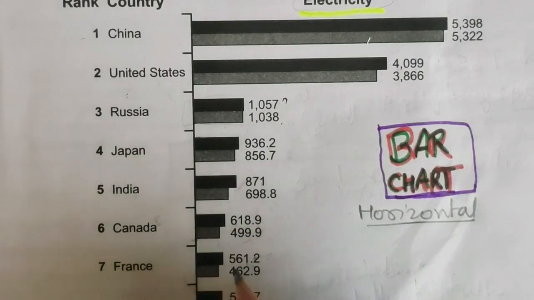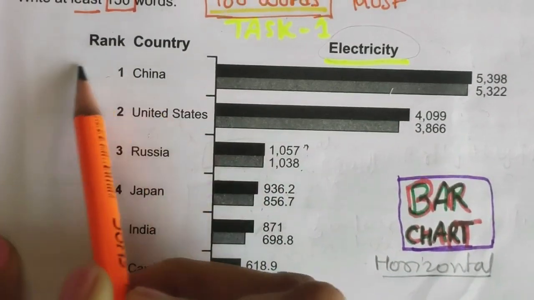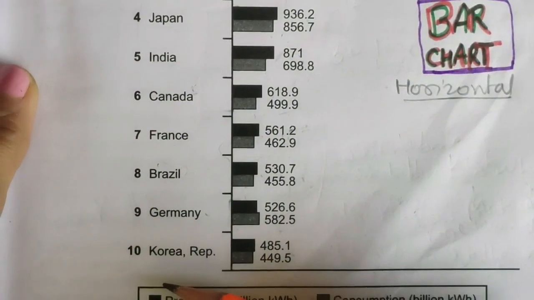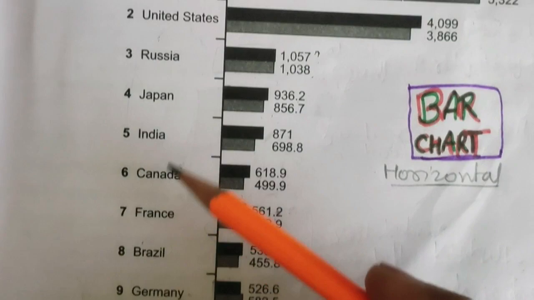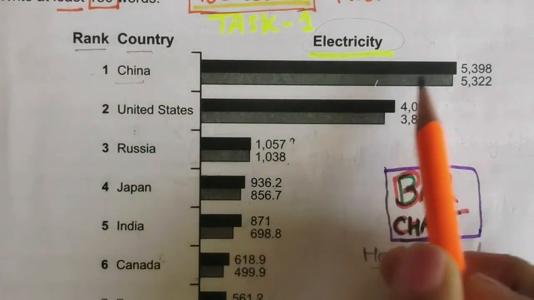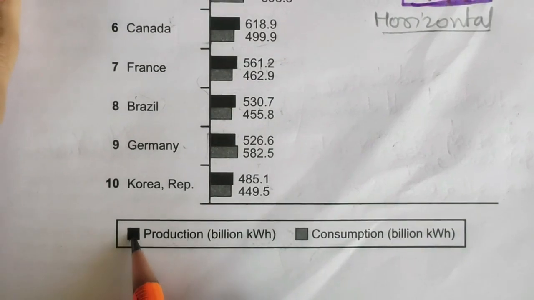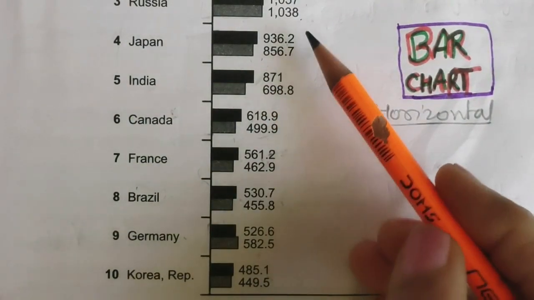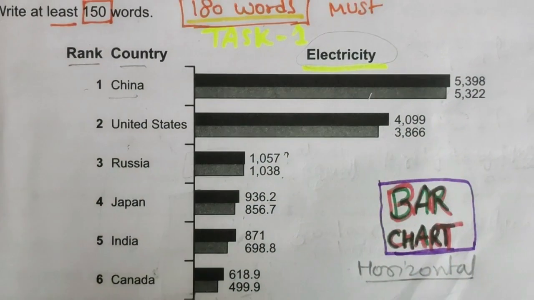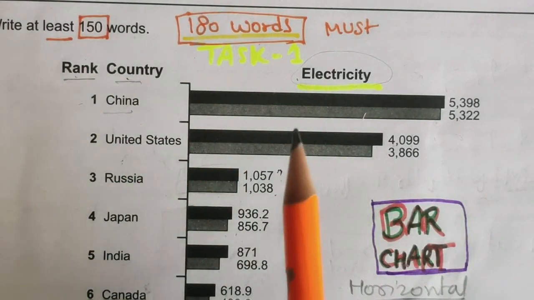ठीक है। ये वर्टिकल नहीं है, वर्टिकल होता है ऐसे ऐसे बार ग्राफ होंगे, ठीक है। सो अभी हमने देखा इसमें ये लिखा है, यहाँ पे क्या लिखा है, रैंक लिखा है, कंट्री का नेम लिखा है। सो दे हैव गिवन 10 कंट्रीज के नेम, okay, they have given 10 names according to the ranks, as you can easily see। Number 1 is China, so China has more production and consumption। So one thing you should know that for dark color the index is given, for dark color this is production, for light shade this is for consumption, okay। So make sure we will be using each and every word from the graph in our writing।